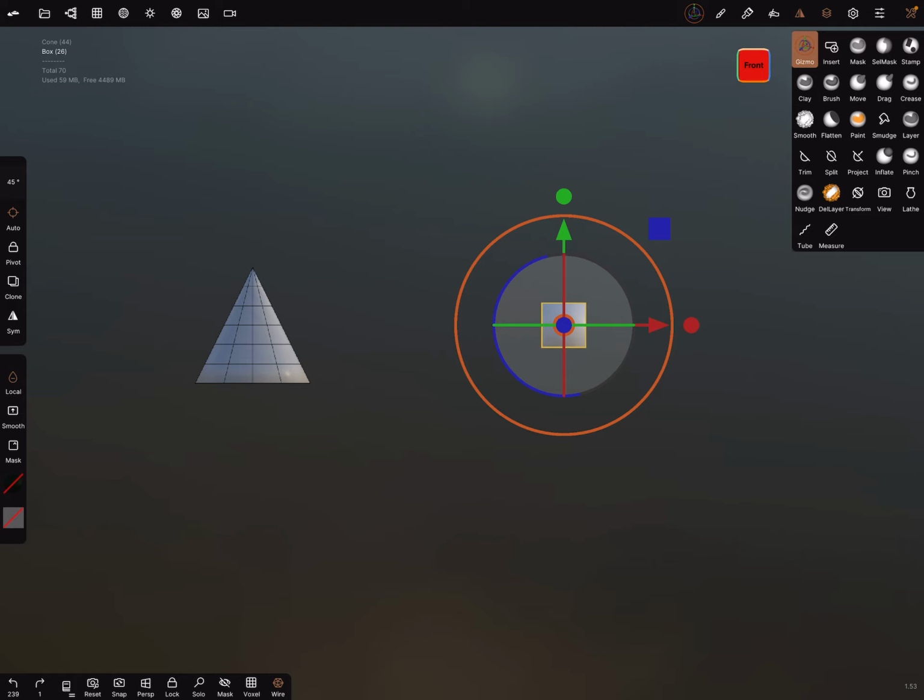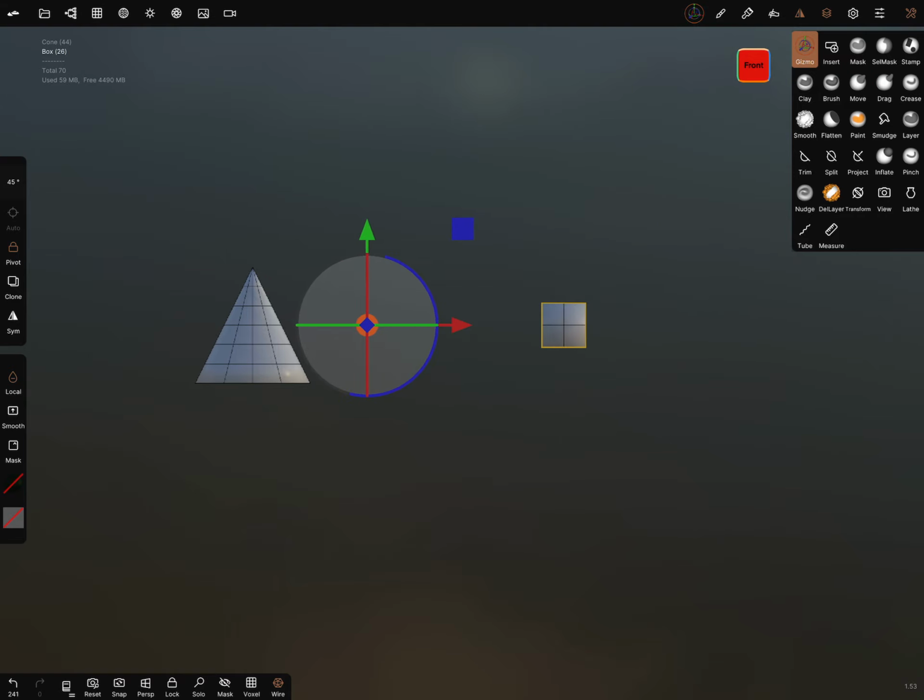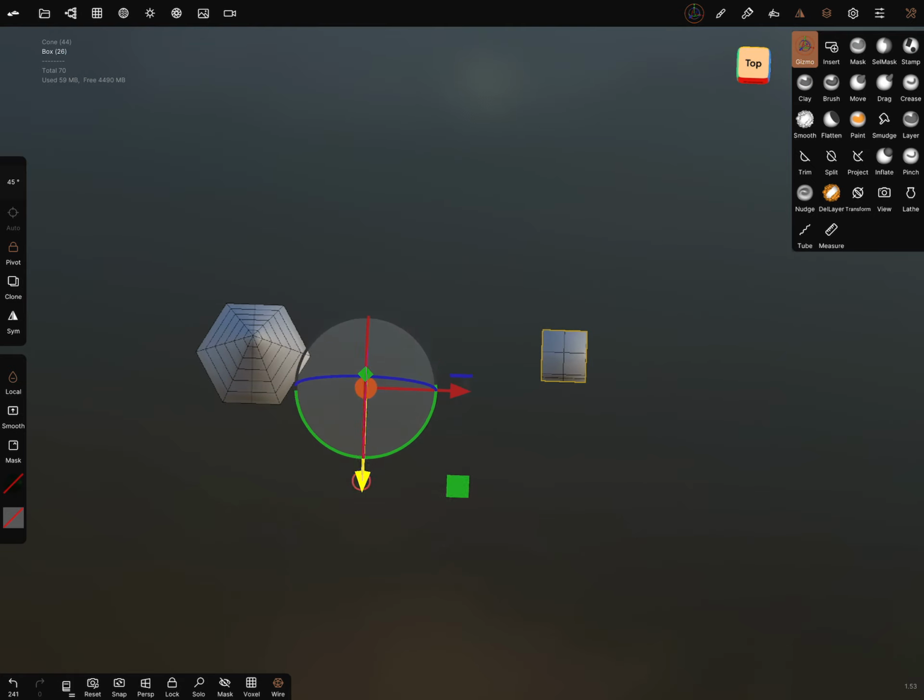Now, on the left side, here's the auto pivot button. And when you press this and it's selected, you can adjust this pivot to every position you want.